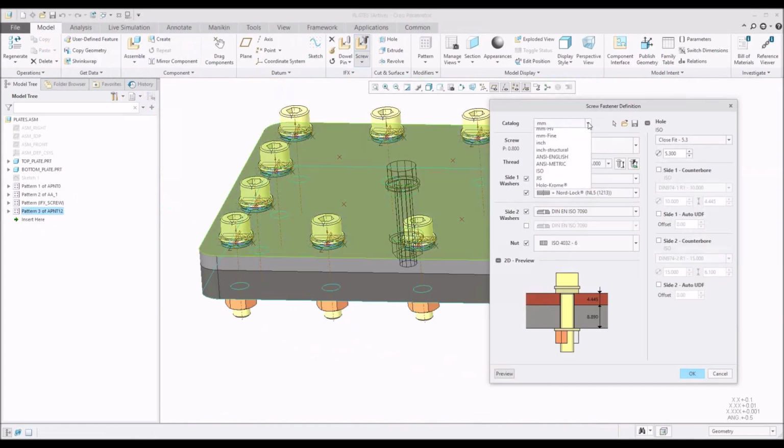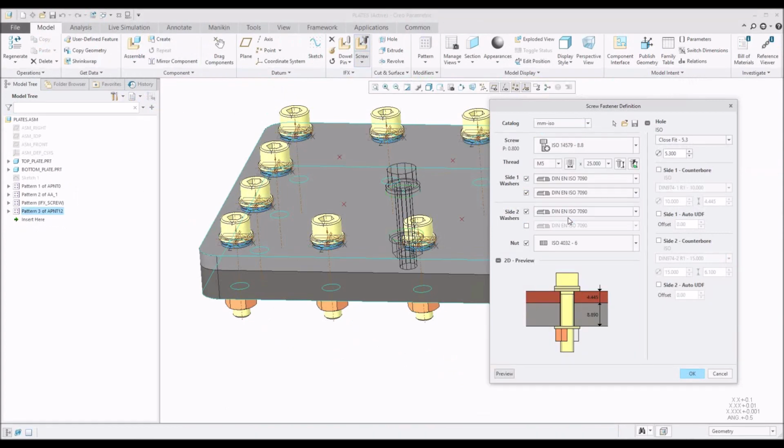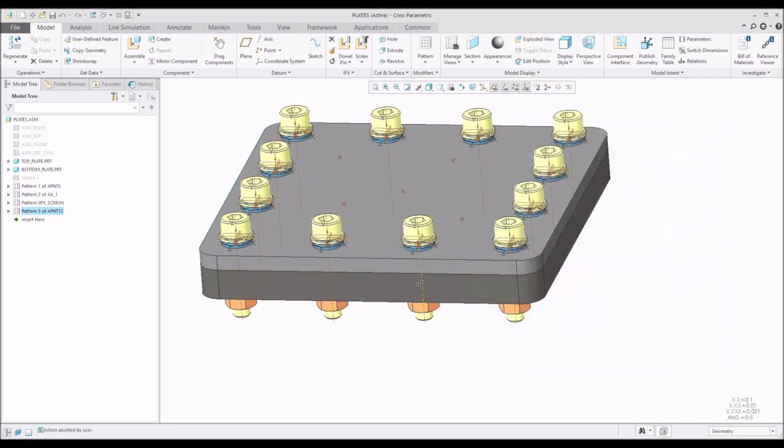So let's use the ISO standard, and let's use this one. You know what, I've picked the wrong orientation because I wanted to do the counter bore and this plate isn't thick enough. So let's cancel that,